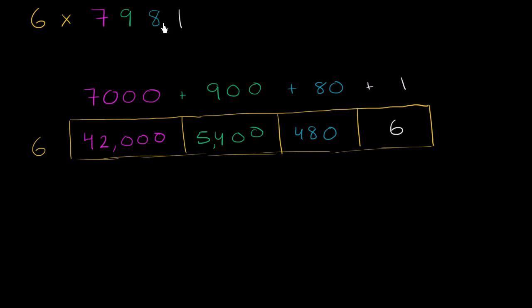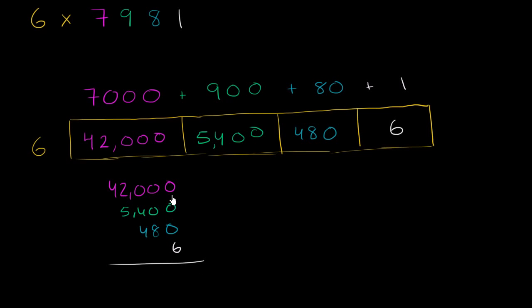So to find what this product is, we just have to take the sum of each of these numbers. What 6 times 7,000 is, plus 6 times 900, plus 6 times 80, plus 6 times 1. So let's do that right over here. So it's going to be 42,000 plus 5,400 plus 480 plus 6,